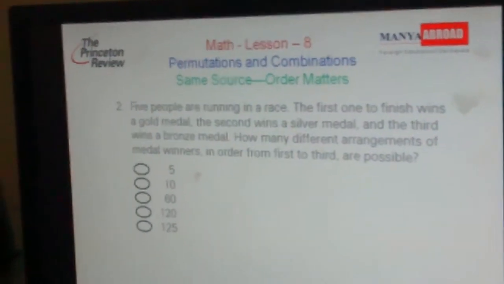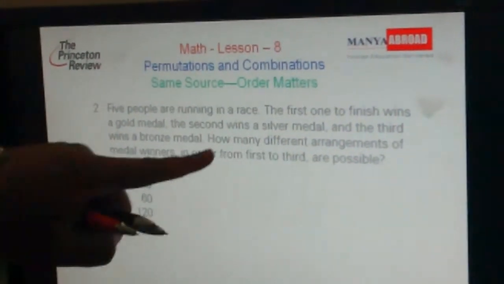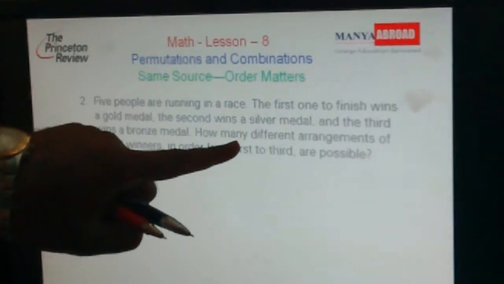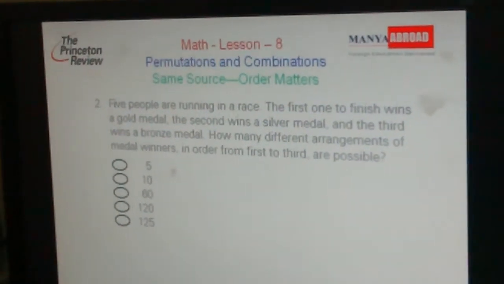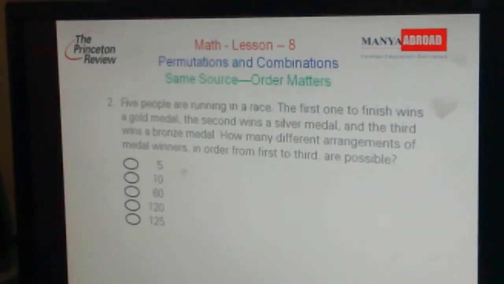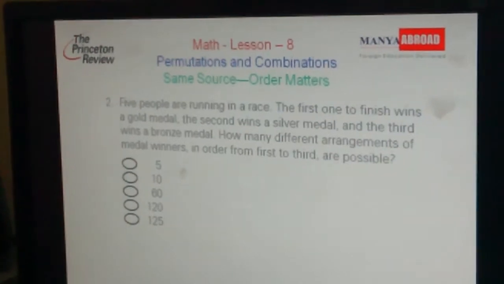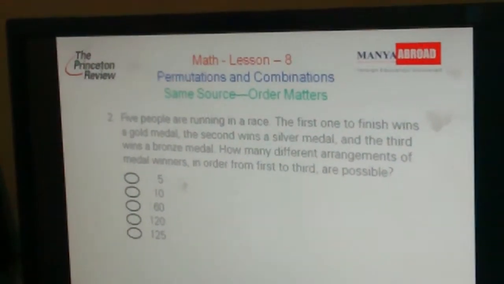Now, is there a key word in the question that you can identify as permutation or combination? Yeah, that's right. It is "how many", and that's how you identify whether it's a permutation or combination question. The first thing we saw in the first question was that you have to ask yourself: is it a case of same source or different source? Here they are 5 people.